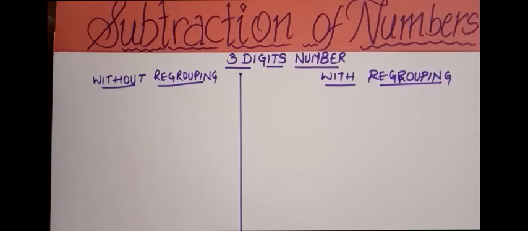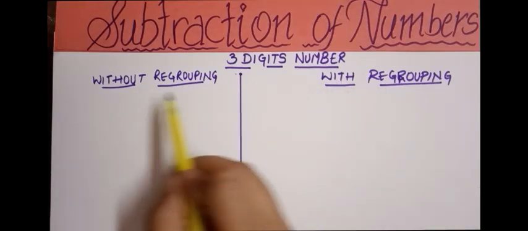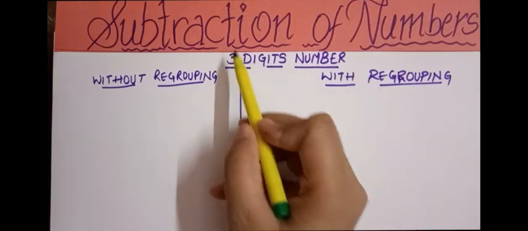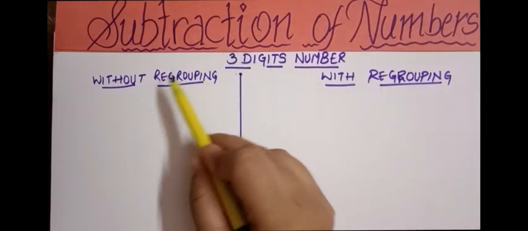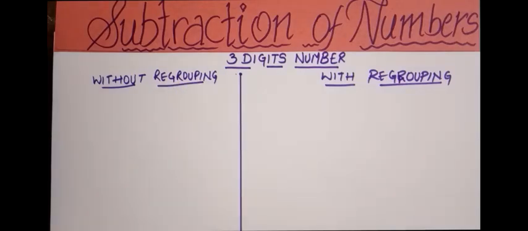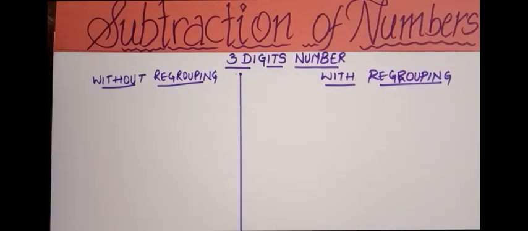So in this video, we'll see how we can subtract 3-digit numbers by both methods, without regrouping and with regrouping. In subtraction, whenever the word regrouping is there, it means we have to take a borrow. In the previous video, we also did regrouping of 2-digit numbers. In this one, we will see how we can do it for 3-digit numbers. So let's begin. The first example is question number 1 here.